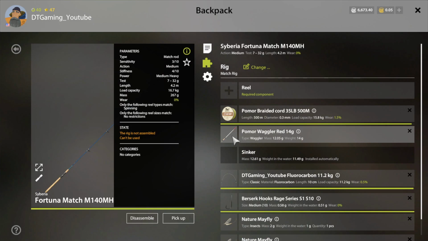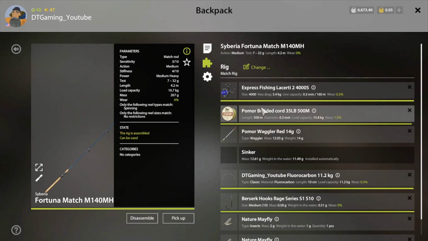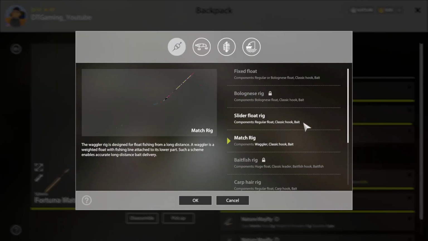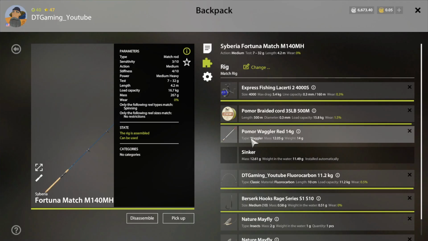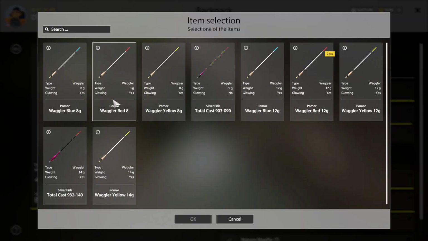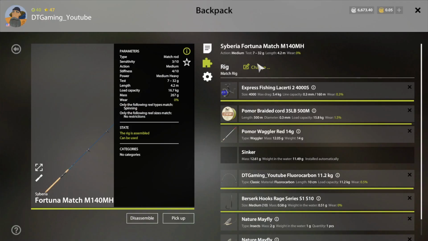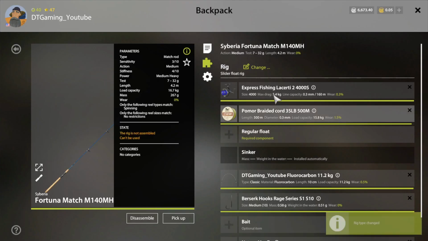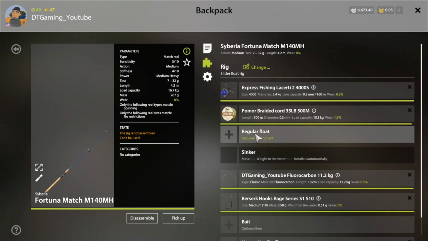We'll look at this. So this rig also is able to use a reel. It has everything that it is able to use. The difference with the match rig is it can use different type rigs, such as the waggler, which is a longer type float. You see right here, these are, well, like long sticks to me that stick out of the water, but these are the wagglers. Or when you look at the slider rig,